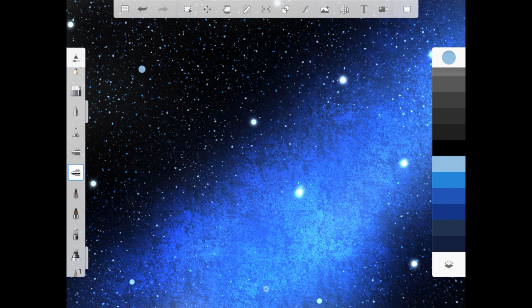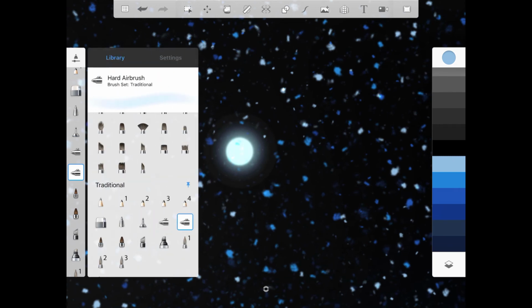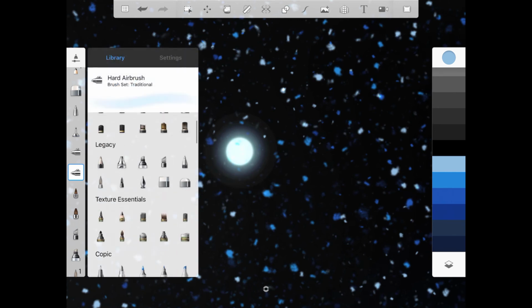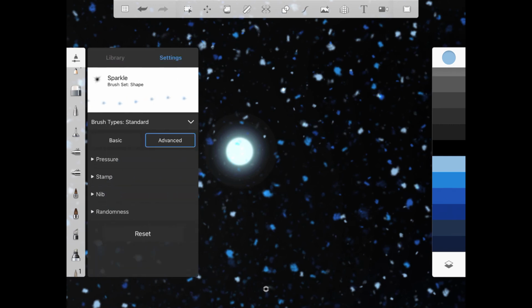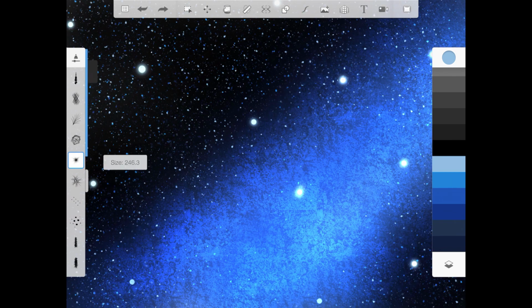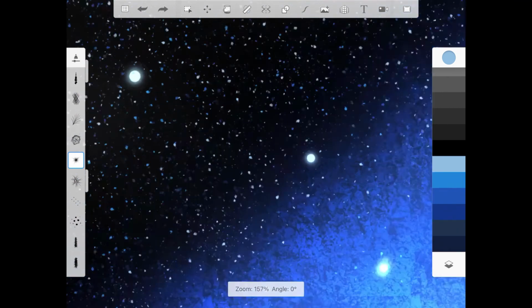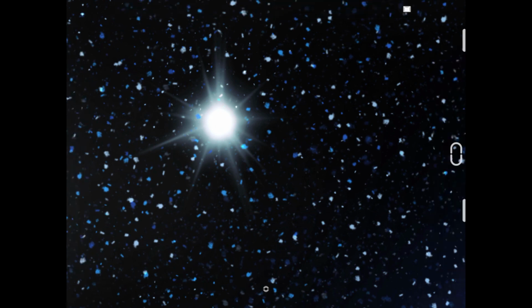So now we're going to increase the size to 40 to glow the bigger size 20 round star. So the last thing we're going to do, we're going to make the bigger star sparkle. So now we're going to choose another brush, which is called Sparkle, and then make the brush type glow again. And we're going to change the size to 250, and then zoom in, click on this space a couple times, and then you're done.